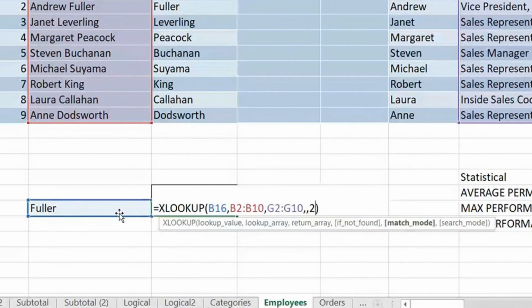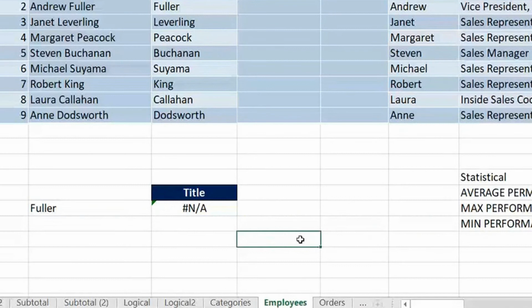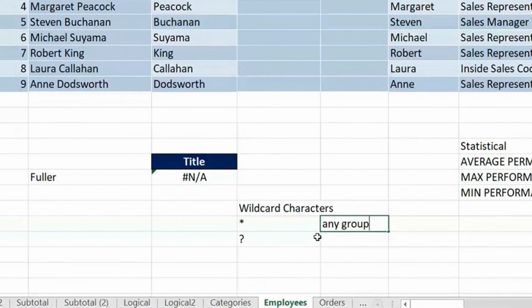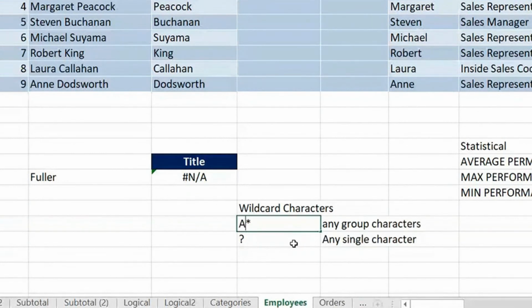Now, what is wildcard character? Don't look at wildly at me now. There are two wildcard characters: one is star, another is question mark. Star represents any group of characters. And question mark represents any single character, any one. Single is basically one, right? So if I say, for example, A star to Excel, it means a string starting with A and anything after it. In the same way, if I write star A, any word or sentence starting with any characters and ending with A. But if I write star A star, any string which has got a character A.